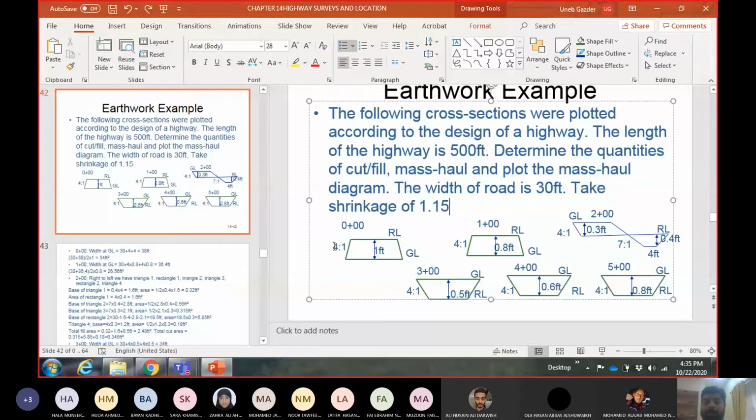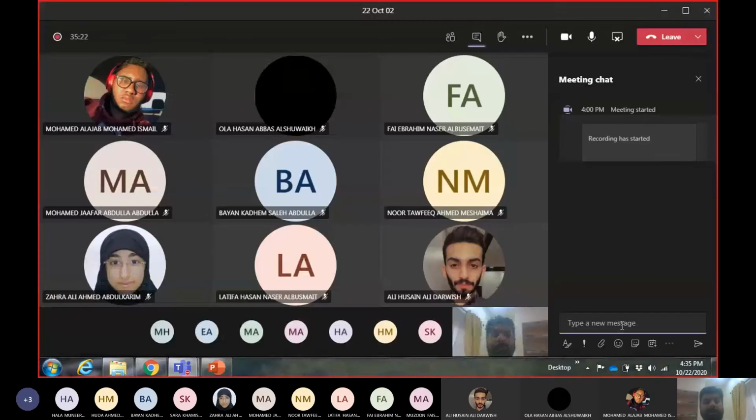The side slope, or the slope of the embankment, is the same throughout the project, which is again normally the case. The road properties do not change. The width and the side slope normally do not change. Anyways, for every 1 feet in height, I will have a base of 4 feet. So I can calculate the base for the right angle triangle. Let me calculate the area, let me call it area 0, the area at station 0. I have the rectangle in the middle, which is 30 into 1. 30 is the width, 1 is the height.